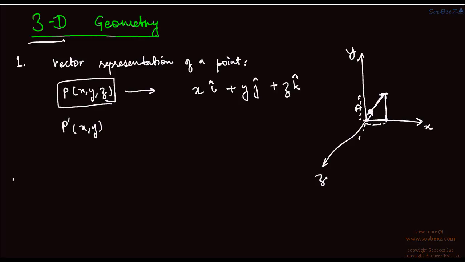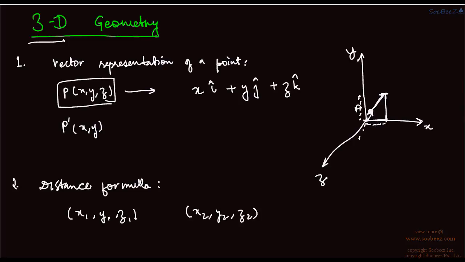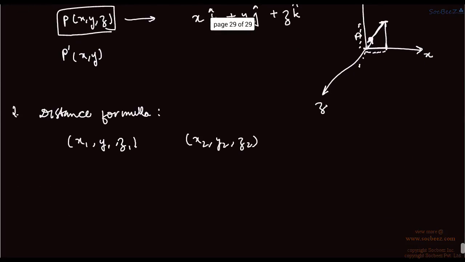Now, second is the distance formula. That is, if you have 2 points, then how to calculate the distance between them. Let's say you have 2 points x1, y1, z1, and x2, y2, z2. Now, the distance between them is calculated by using the formula d is equal to,